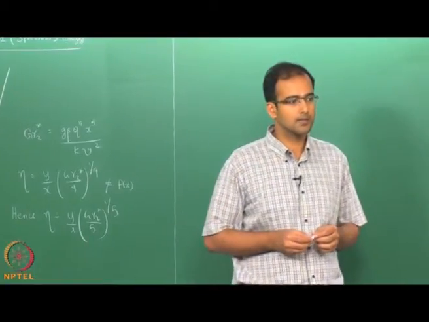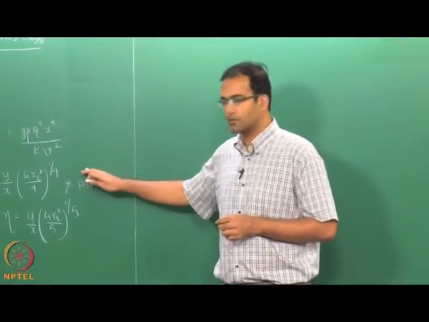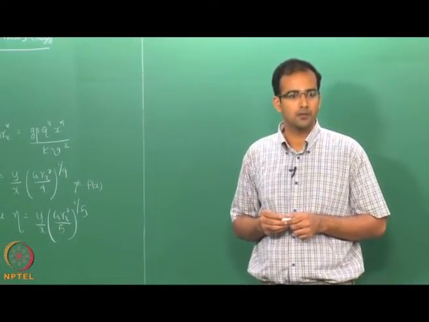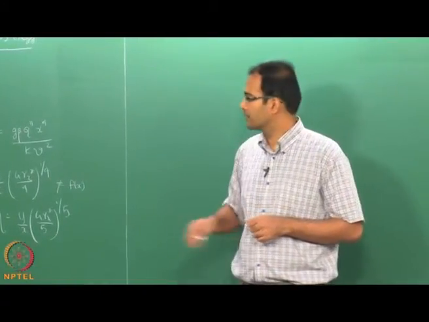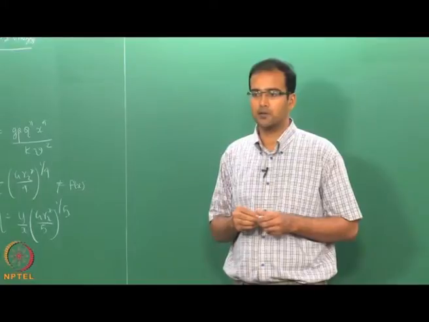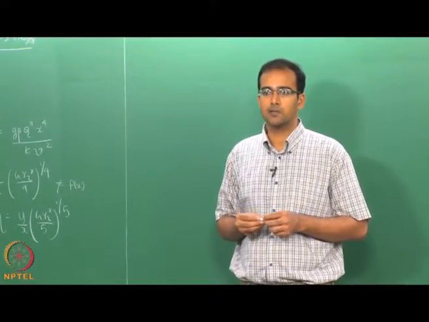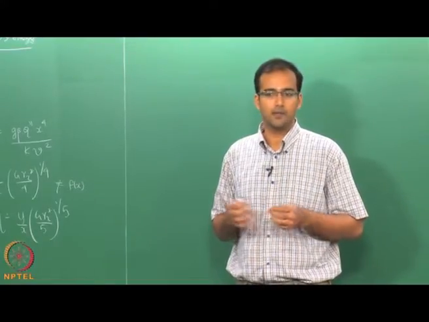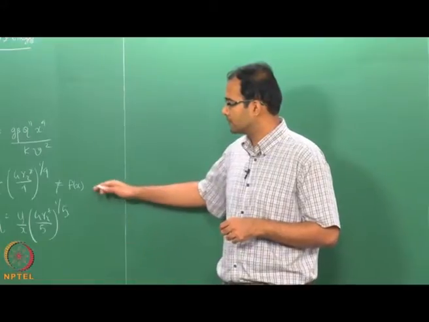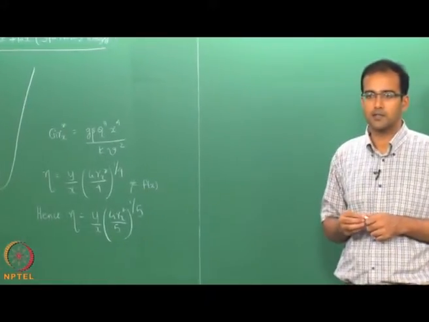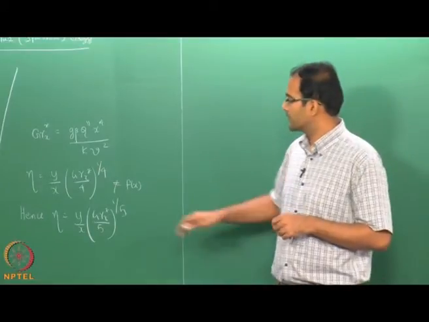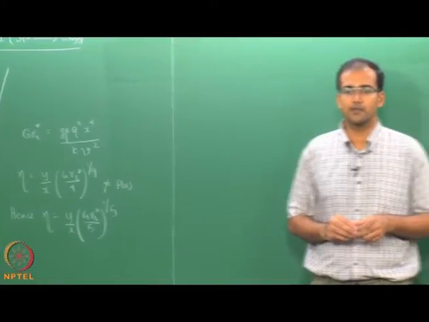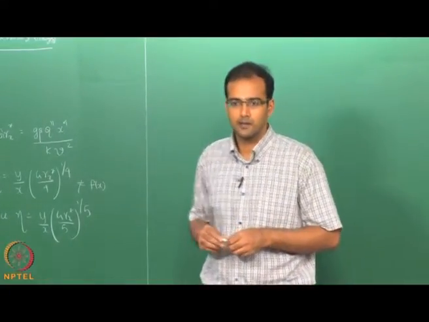Based on that we have defined a modified Grashof number, and if we look at the same similarity variable which Polhausen had used, eta equal to x times Grashof number by 4 whole power 1/4, and substitute the modified Grashof number into this, you will find that there is no dependence on x. That cannot be possible because the similarity variable has to be a function of both x and y. Therefore, Sparrow and Greg modified the definition of eta a little bit. They introduced the power 1/5 instead of 1/4, which is now a function of both x and y.